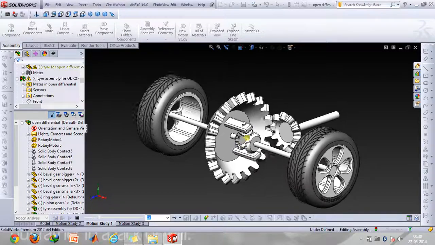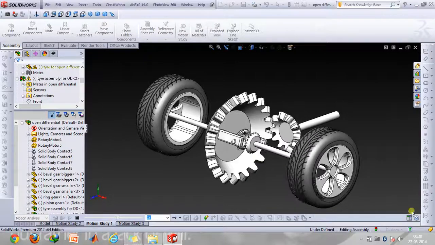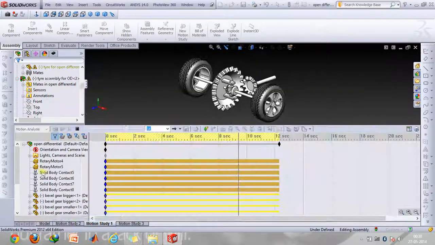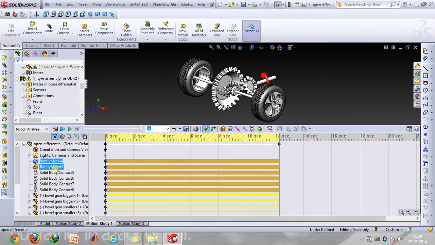As you can see here, the planetary gears start to revolve about their axis in order to bring about this motion. And an important thing here is that I have applied a rotary motor to the pinion gear and a rotary motor to the left axle, so that I can provide a higher angular speed to the left axle.